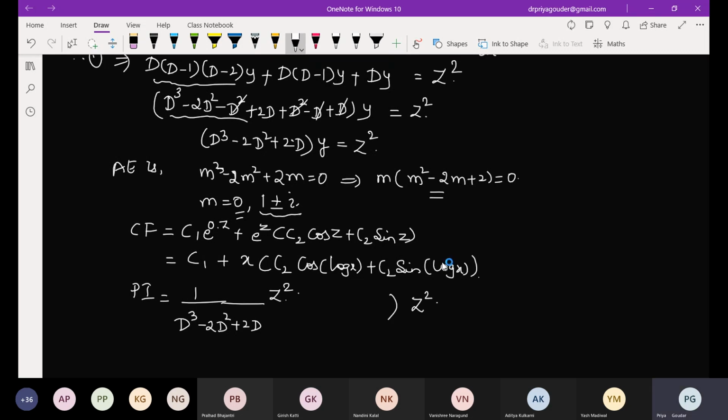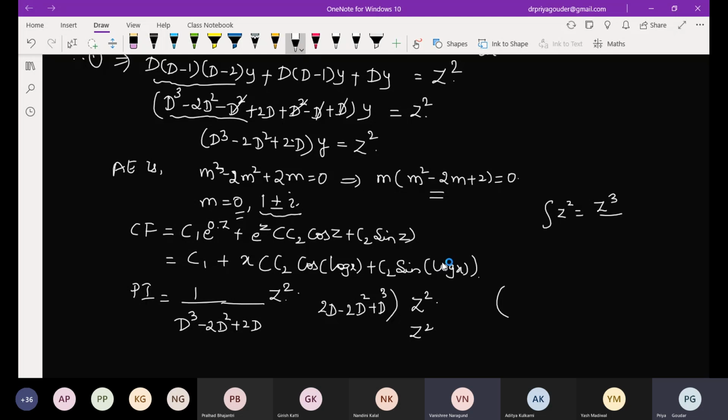Are you getting it? I have changed the RHS part, so take it as Z square. Again, Z square has to be divided by this denominator. How to write the denominator? Shall I start from D cube or 2D? 2D minus 2D square plus D cube. Keep it in the correct format. Now be careful here. You have not only a constant, you have 2D. So below I want only Z square. What is the integration of z square? Z cube by 3.